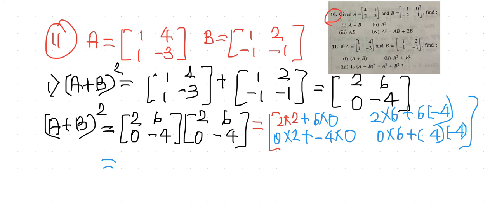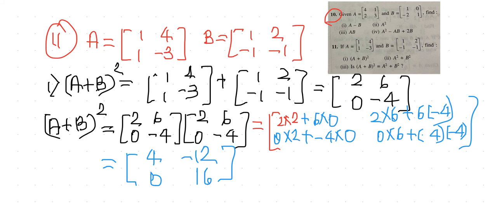So this is going to be equal to how much, children? This is going to be equal to 2 into 2 is 4. There I am having 12 minus 24, which is equal to minus 12. Then here everything is 0, and here I will be having 6 and plus 4 into 4 is 16. So 0 into 6 is this. So this is 16. So this is what you are getting, a plus b the whole square.